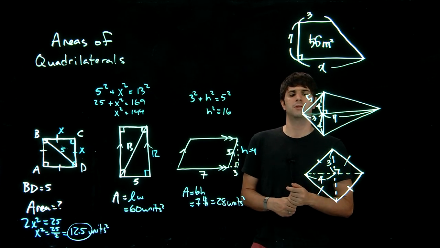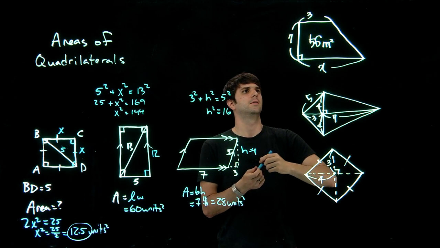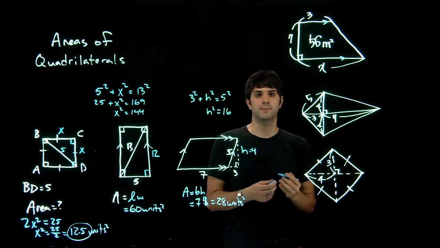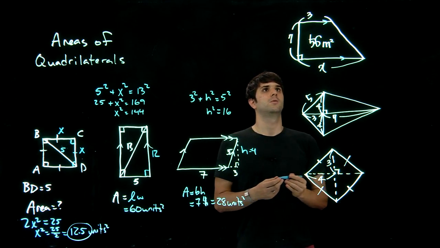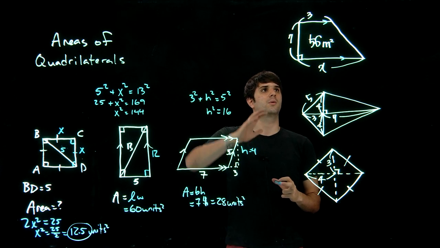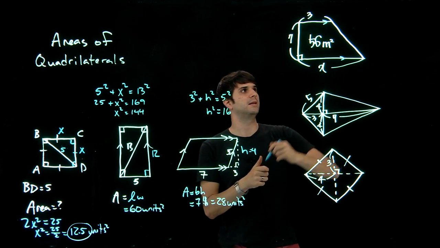this looks like a trapezoid. So we have a right angle here. We need to know that these are, in fact, parallel in order for it to be a trapezoid. So now this is a trapezoid. We want to know the area of this. And so we're actually given the area. Okay, we know that 56 meters squared